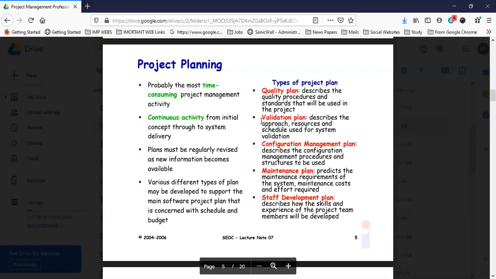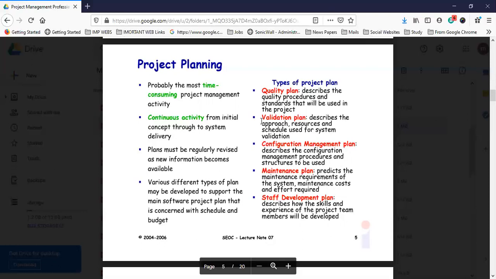Okay, a configuration management plan is basically for IT. And a maintenance plan: if you are in manufacturing or production, we require some maintenance plans for your products. The staff development plan is for HR, human resource management.